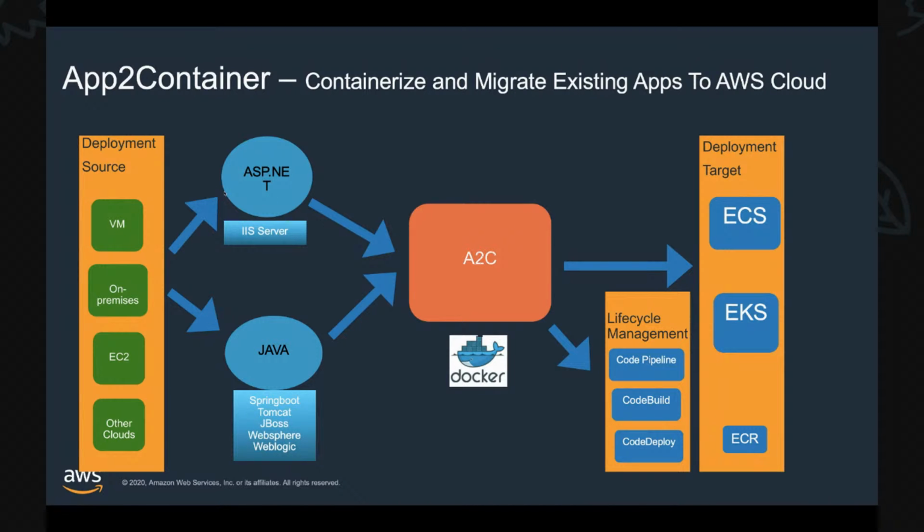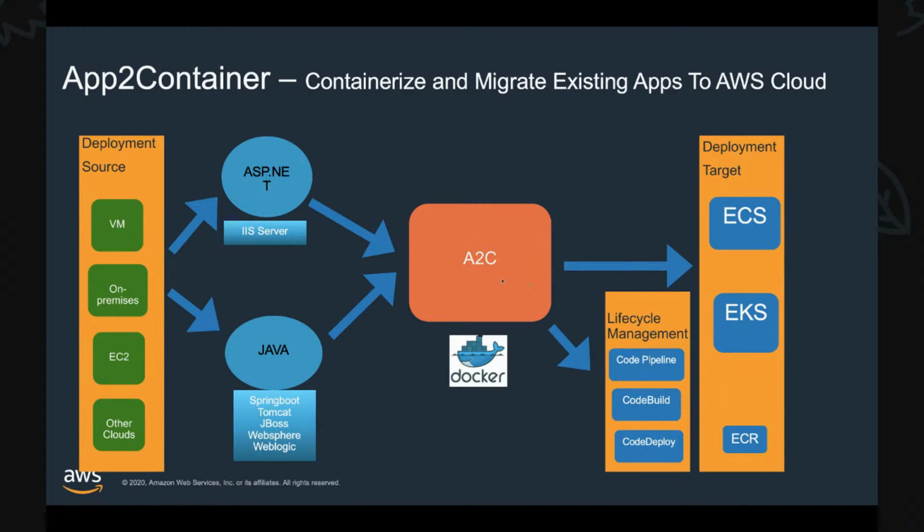So then what do you need on that server? You also need AWS CLI. You install AWS CLI. You install Docker tools, Docker engine and tools. Assuming that it's a Windows server, you would need PowerShell 5.0 and up. And additionally, you would need to provide IAM permissions so that App to Container can interact with AWS services. So you install the dependencies, the requisites, and you also download and extract the App to Container tool. And that tool would require permissions to interact with the resources.